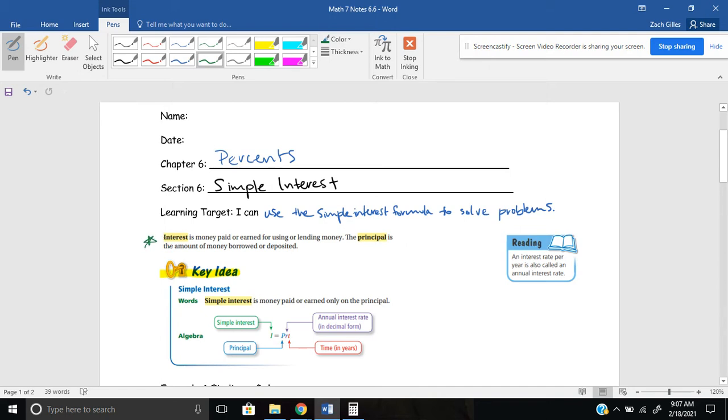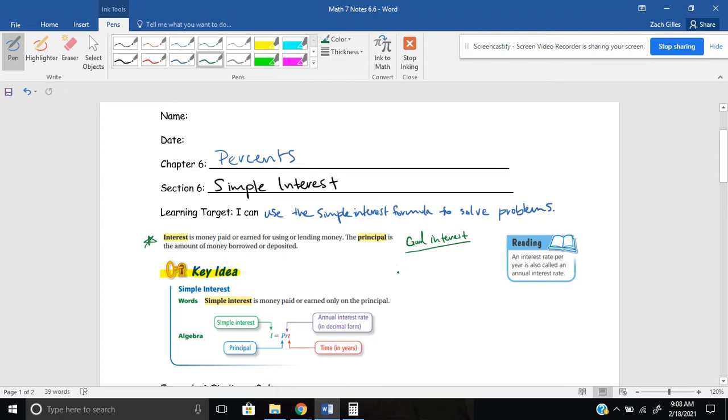So for our vocabulary today, the first vocab word is interest. And it says interest is money paid or earned for using or lending money. So I kind of like to think about interest in a couple different ways. Like there's good interest. And an example of good interest would be like if I put money into the bank,